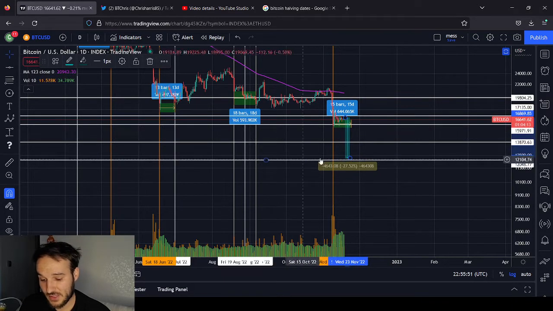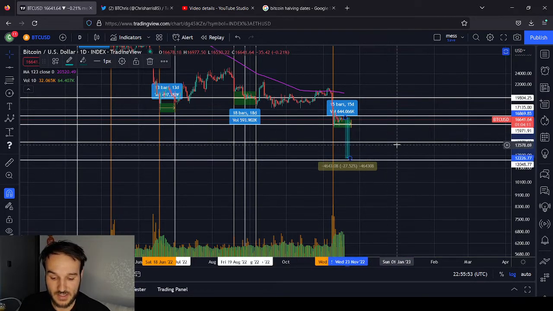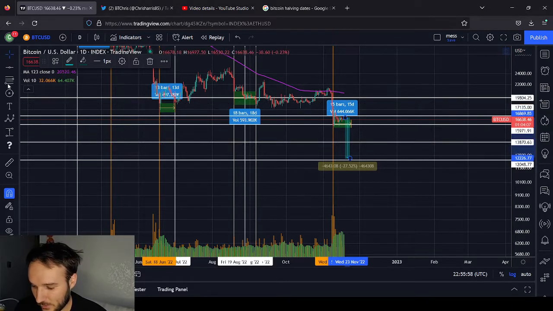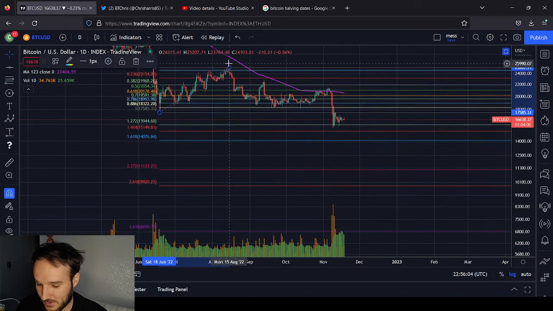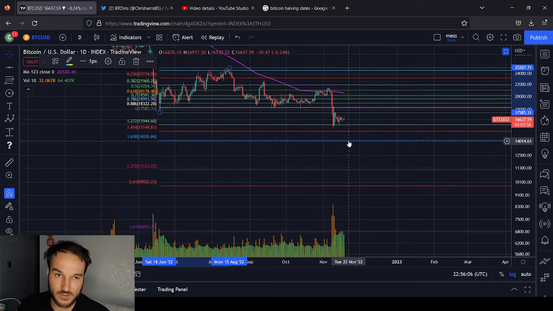I guess that kind of lines up with one of these lines. But we've got a line here at 13,800, which is something more that I'm expecting. That's also the 1.618 of... I know I've got a lot of lines on here. I'm going to delete them all now, giving you guys a headache. The 1.618 is down here at the 14,000 as well.